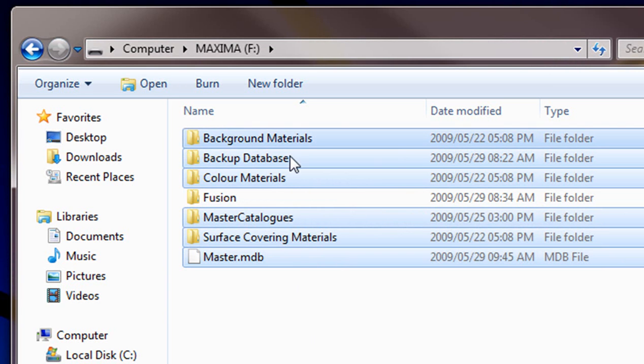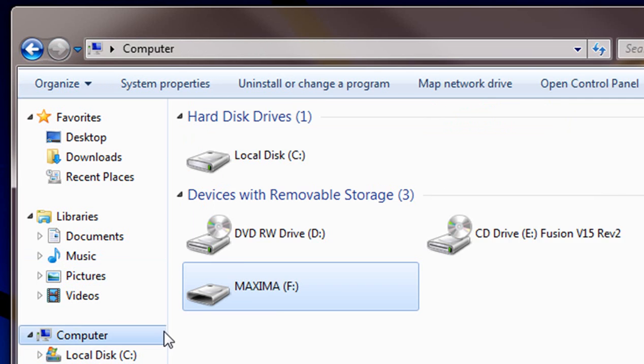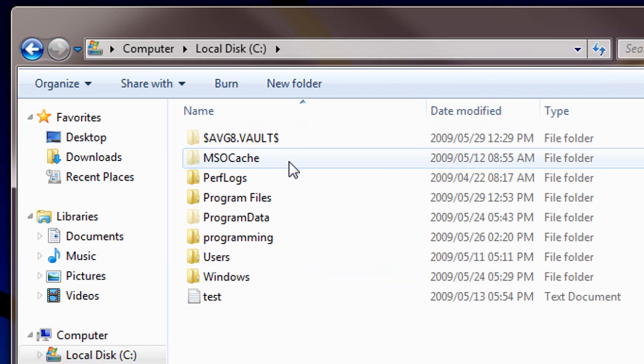Those are the ones that I need to put back into the location I backed them up from. So I highlight those by holding down Control and clicking on each, and then press Control C. From there I go to My Computer again, C drive,